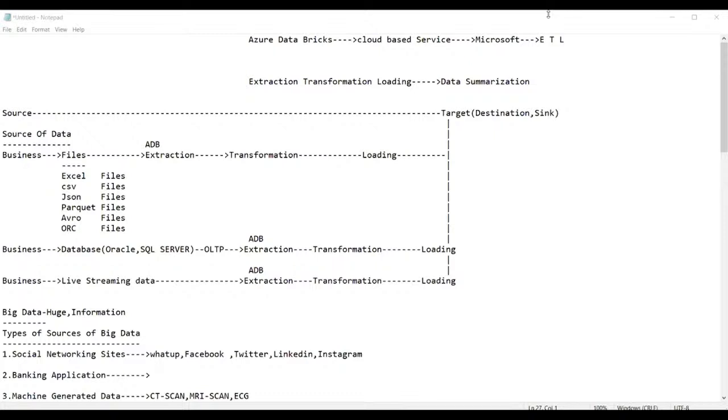The prerequisite is that if you know Python, or R, or SQL, that is very good. You can just understand the code. If not, I will also explain it to you, and you have to put in much effort, because this is a purely technical job. If you don't want that amount of coding, simply go with ADF rather than ADB.